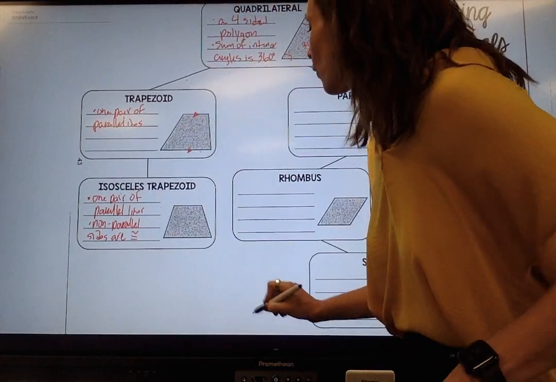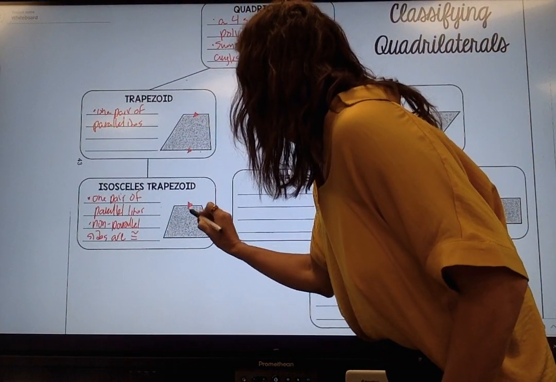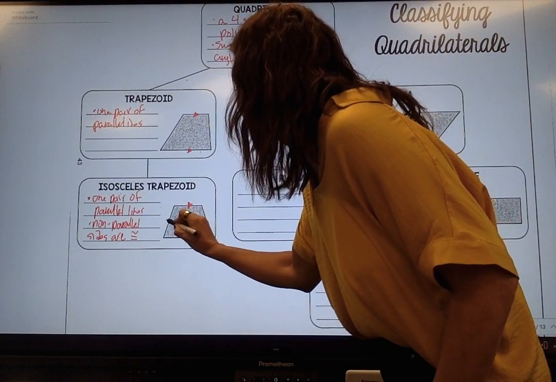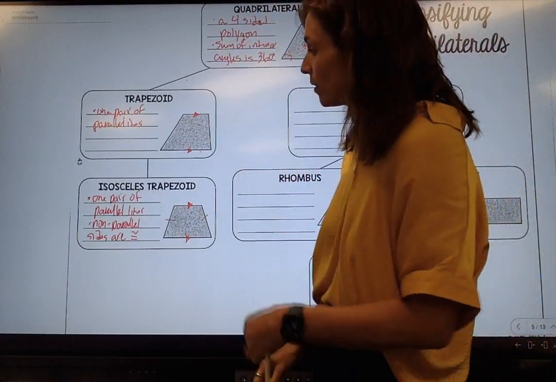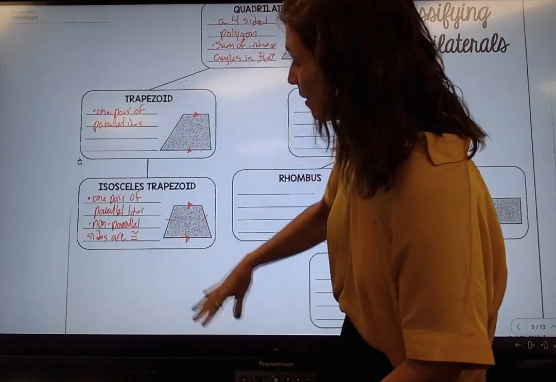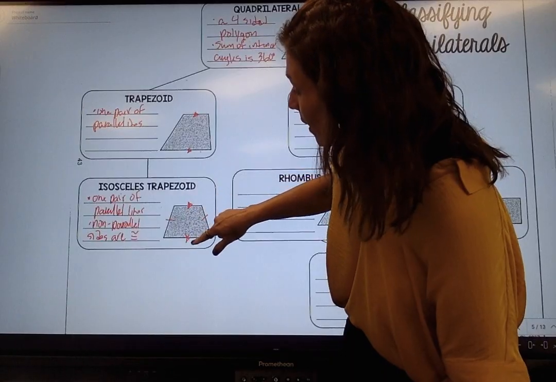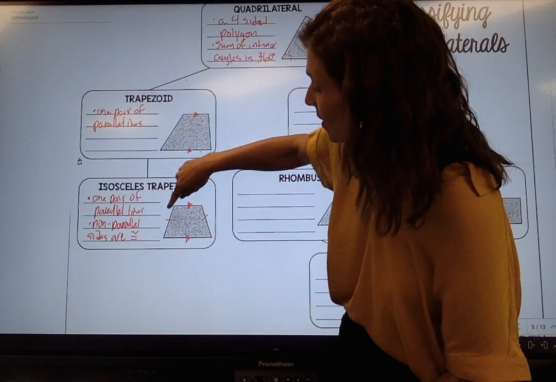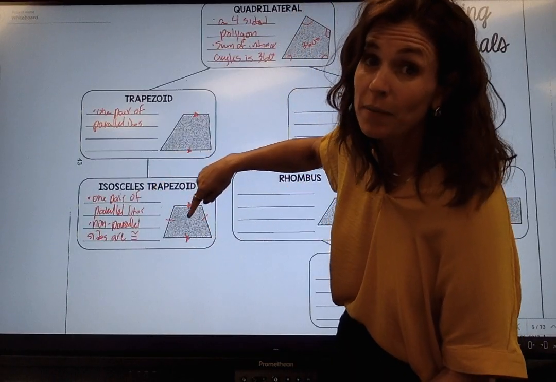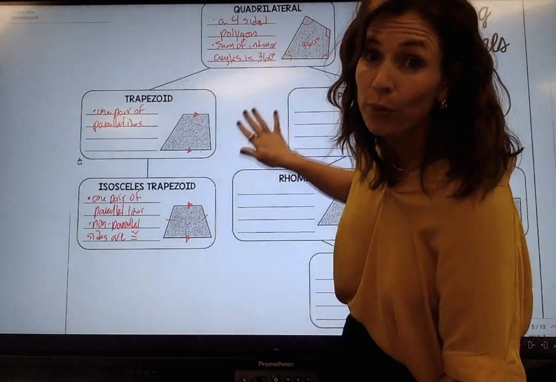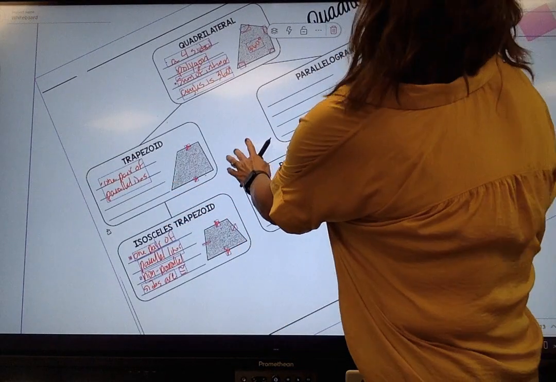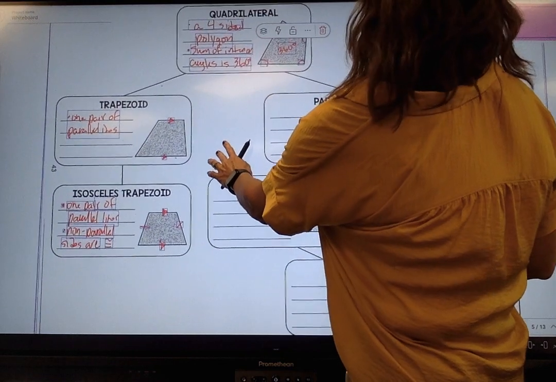So, look at my picture. This represents parallel, those two arrows, and this marking represents congruent. So an isosceles trapezoid still has a pair of parallel lines, non-parallel sides, it's a quadrilateral, and the sum of interior angles is still 360 degrees. Okay, now,